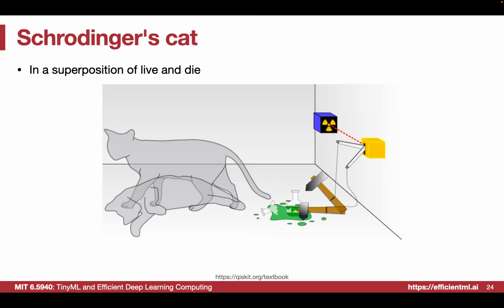But you never know before you do the measurement, because the state of the radiation source there is in a quantum superposition between 0 and 1, and you cannot obtain the state until you do the measurement. So in that case, all the later phenomena corresponding to that laser will also be in this mixed state, so that the cat is also in this mixed state of alive or dead.